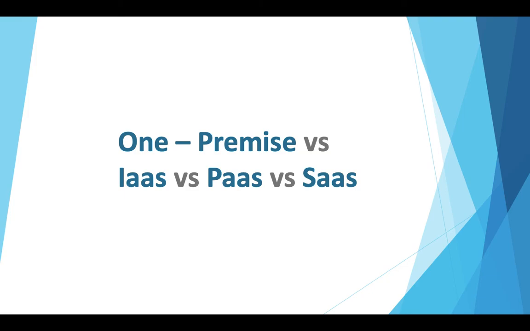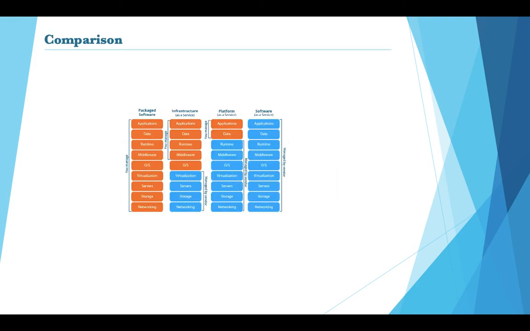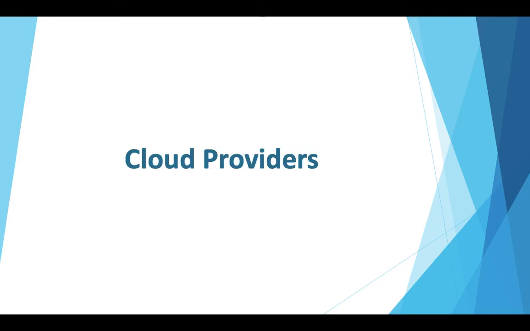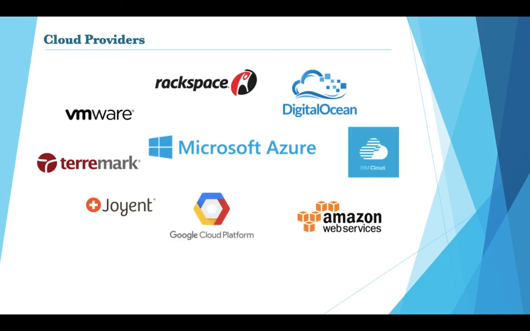And we have a comparison there. We saw the comparison with packaged software. You will get the PPT today. Dealing with cloud providers, we have a lot of them. As we discussed, in this session we have Google Cloud Platform, Microsoft Azure, and Amazon Web Services. Meanwhile, you can also work with IBM Cloud. Go and search for it and see how it works.